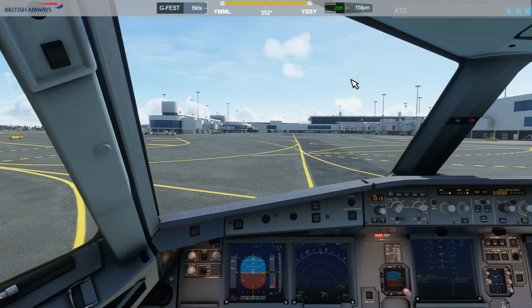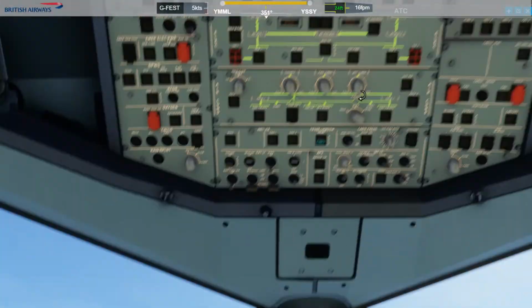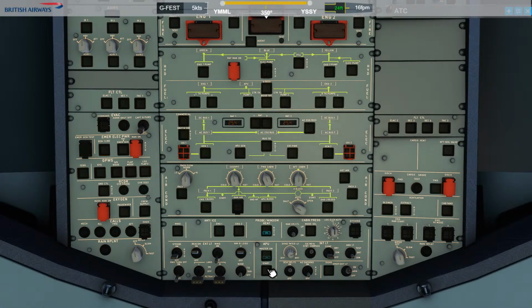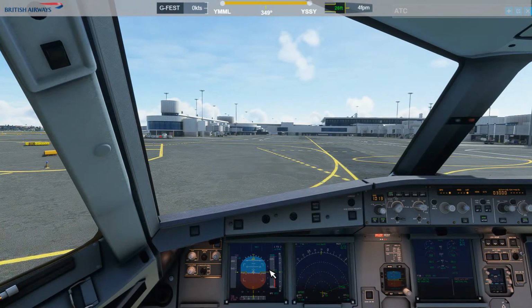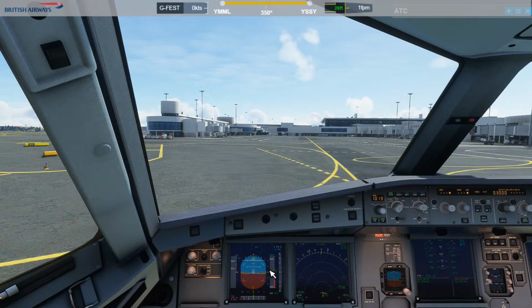Trim is set neutral. APU is on. APU start. And now we need to just pull into